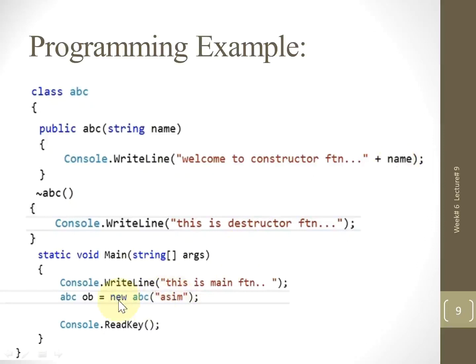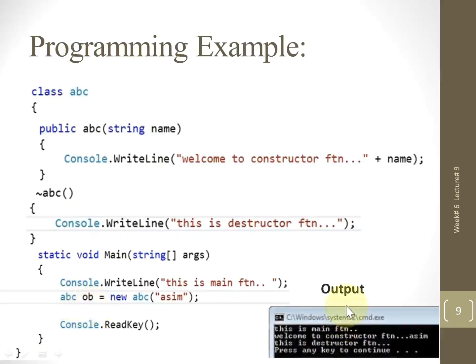Second, there is nothing, then this statement will be executed, and after this statement you can see the main function has just ended, so there is no need of the object. So the object has ended, the class has ended. The destructor function will be called at the end. So this message will be printed, but the destructor function is used to destroy the object, and all the information contained within the object will be cleared.